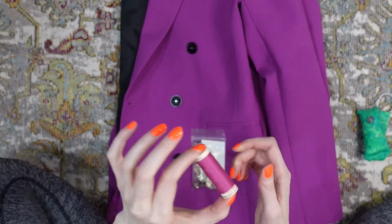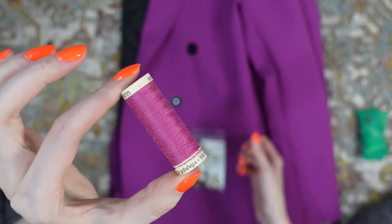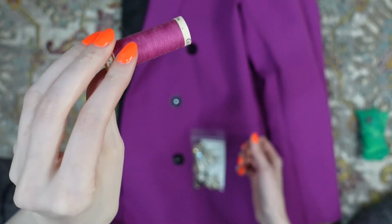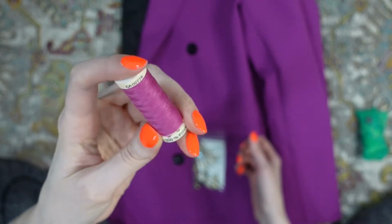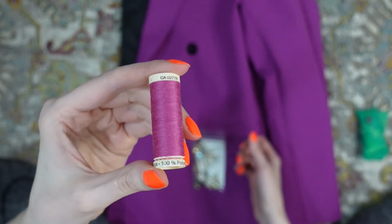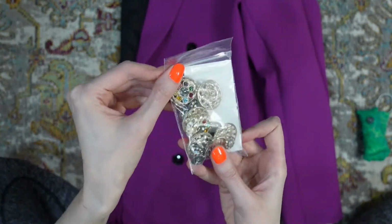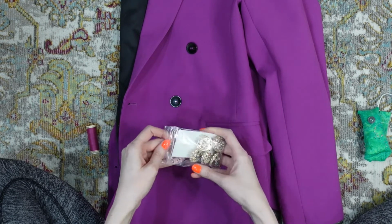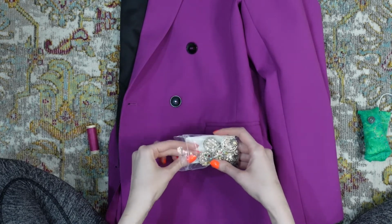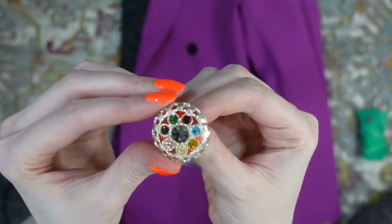Got my thread. It looks just like the thread that I used for the skirt, except it's polyester instead of silk. Also from Gutermann. This is just Gutermann Sew All. And these are the buttons. I'm so excited about them. I got them at a place called Lulu Buttons in Midtown, and they cost me an arm and a leg, but can we just,